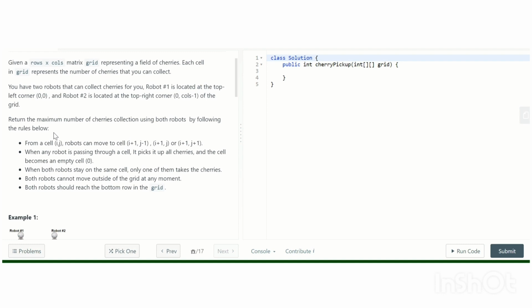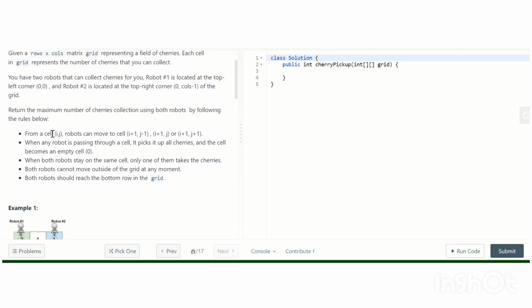So what are the rules? From a cell i comma j, a robot can move to the cell i plus 1, j minus 1, which is the left down diagonal. It can move to i plus 1, j, which is within the same column but the next row down. And it can move to i plus 1, j plus 1, the right down diagonal.